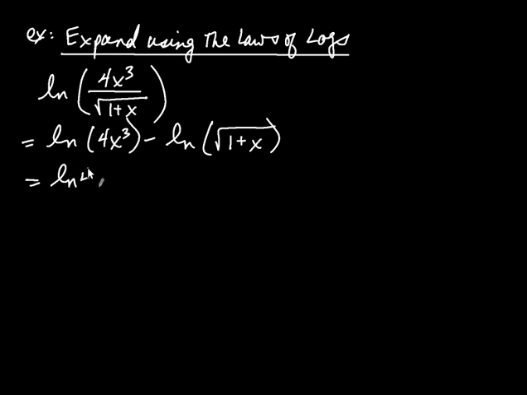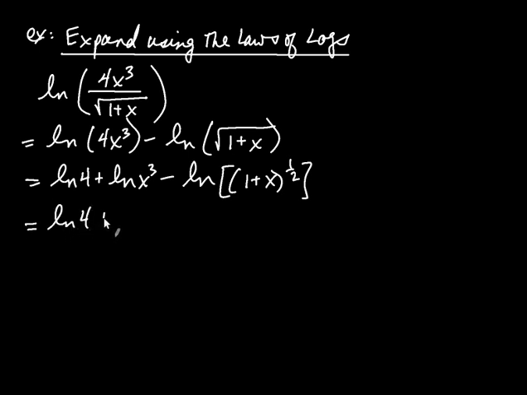So this is natural log of 4 plus the natural log of x cubed, and then minus the natural log of, now this next one can be written as (1 plus x) to the 1/2. That is, I wrote the square root of 1 plus x as (1 plus x) to the 1/2. And now here it's the natural log of a power, so the 3 can come down, and same here, right? It's (1 plus x) to the 1/2, so the 1/2 can come in front and gives us our answer, which is natural log of 4 plus 3 times natural log of x minus 1/2 natural log of 1 plus x,